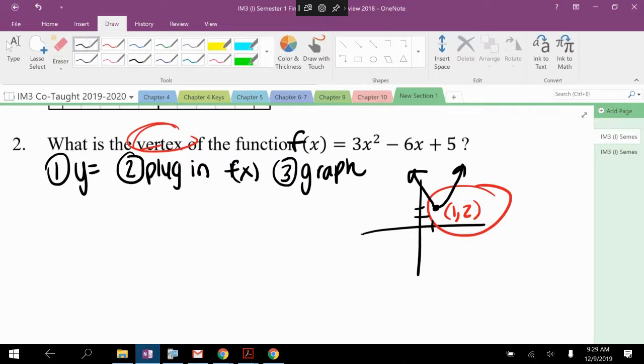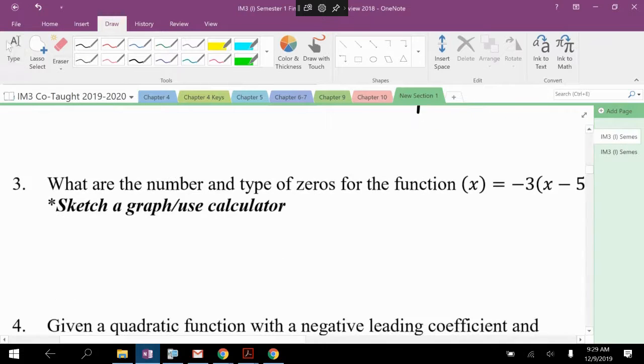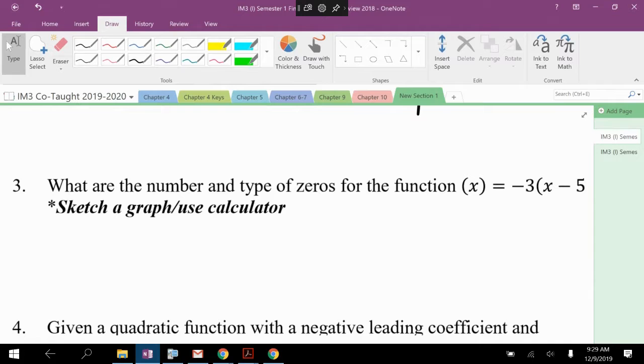Questions? This next one is kind of the same, but again, I don't know why all these f of x's. Are you guys missing f of x's? Jesus, I don't know what happened. Okay,